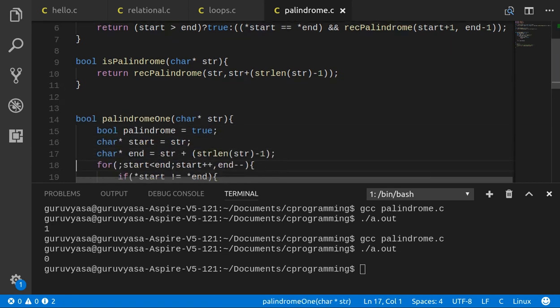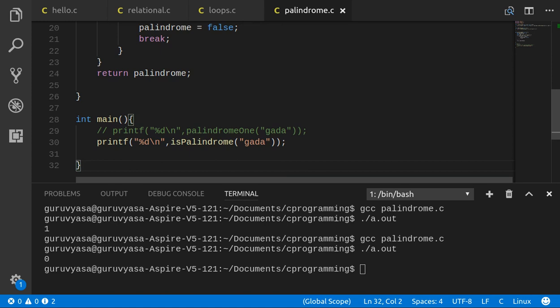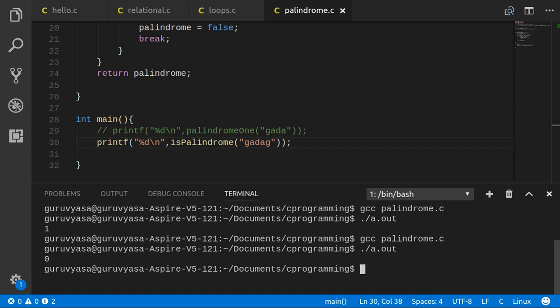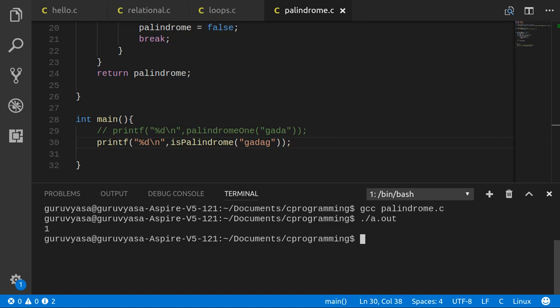Let us give a palindrome now. Kathak. Yes. So it is giving a 1 when I give it a palindrome,